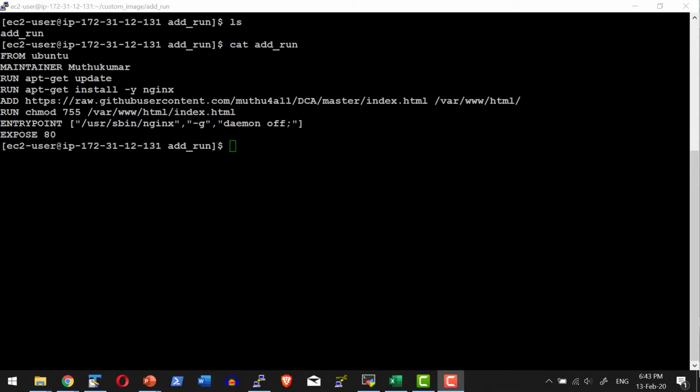And entry point can make a container run like an executable. Almost the functionalities are overlapping. There are small differences, and most of the time we will be using entry point to start a service in a container. So in a quick summary, we had seen how to use run, add, entry point, and expose as a part of this lecture.